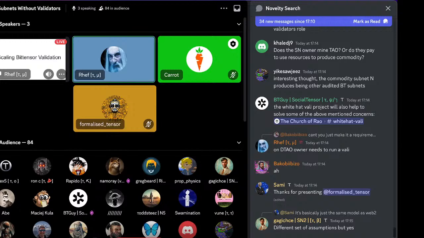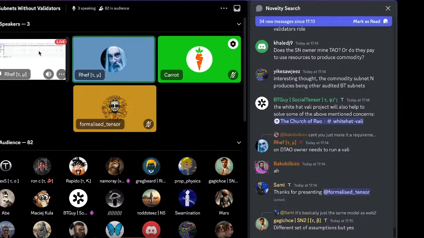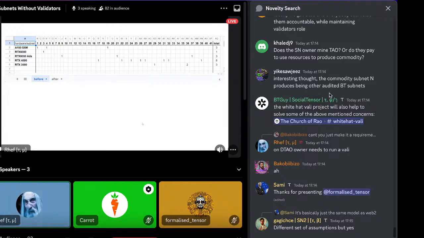So I'm going to talk about scaling Bittensor validation. This is the current list of subnets. Well, almost current, it's a couple of weeks old. It's a list of subnet numbers and GPUs, and I indicated with numbers how many GPUs of which type each subnet needs. There are a bunch of subnets that need GPUs. Some of them need expensive A100s, and not every